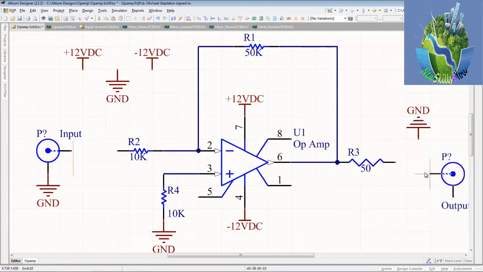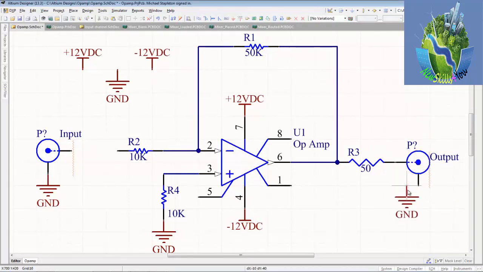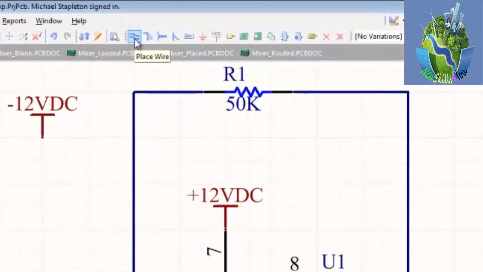Let me rotate it now. Much nicer. Now look, I mirrored my part. I can connect straight across with my ground on the bottom. These two are not connected. I need to connect those. So I have an option. I can put my wire on there, but let's do it a different way just so you can see some